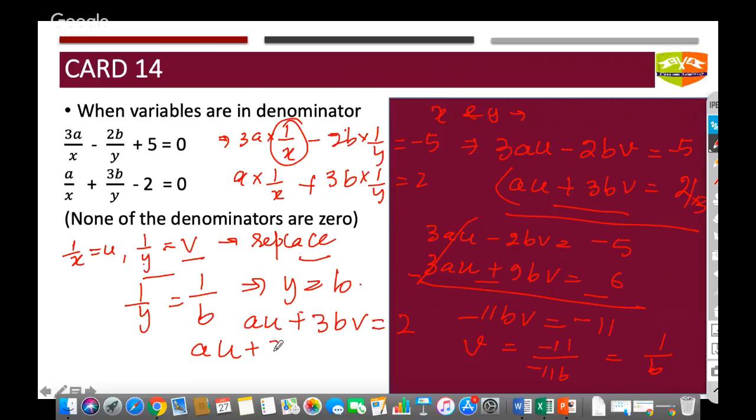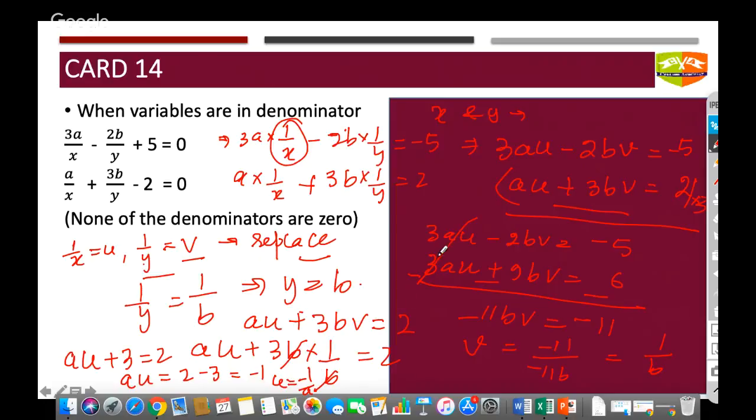So au plus 3b into 1 by b is equal to 2. So what I do is this b and b gets cancelled out. Au plus 3 is equal to 2. Au is equal to 2 minus 3, which is minus 1, and u comes out to be minus 1